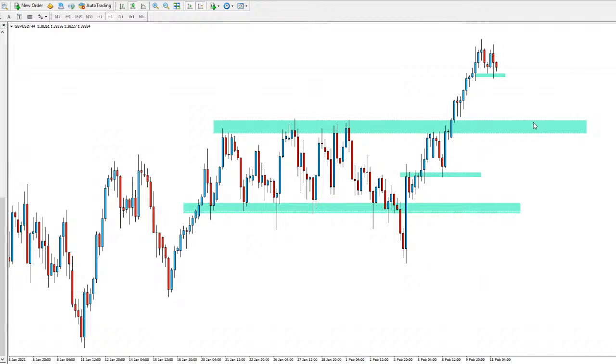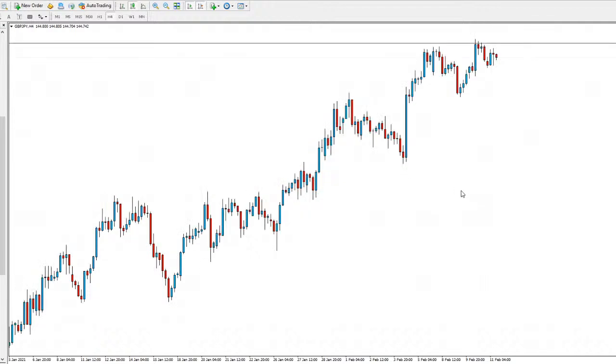So again, could be seeing a really nice push to the upside for this pair. If we do get a nice retracement back into this level, then could see some continuation to the upside. But right now it looks like GBP/USD is starting to tire, so again could be seeing some retrace to the downside for that pair. Next, going to take a look at GBP/JPY.